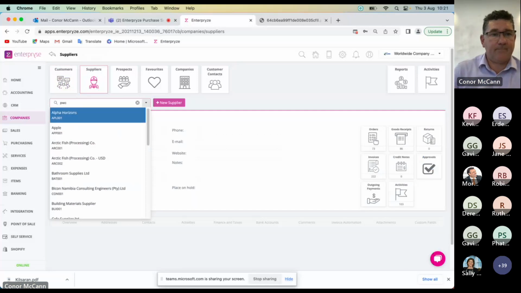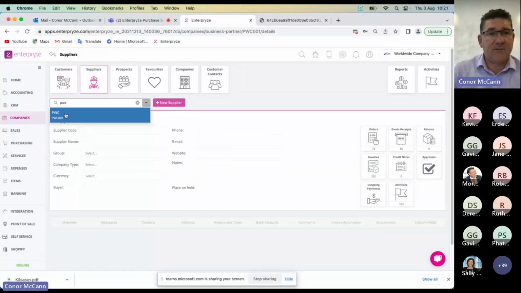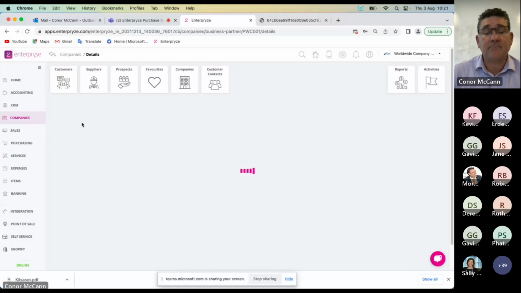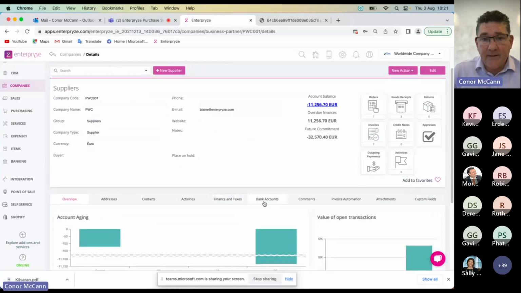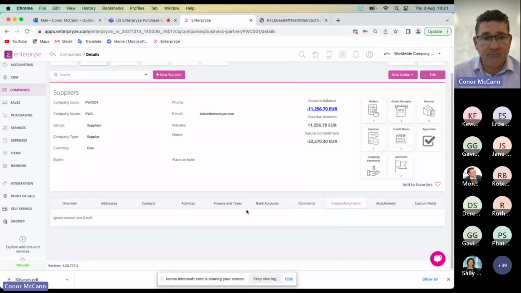So if I go into my companies and select my supplier, PwC, so I choose the supplier, and I can see in my invoice automation, I can do a couple of things. If I edit the supplier,